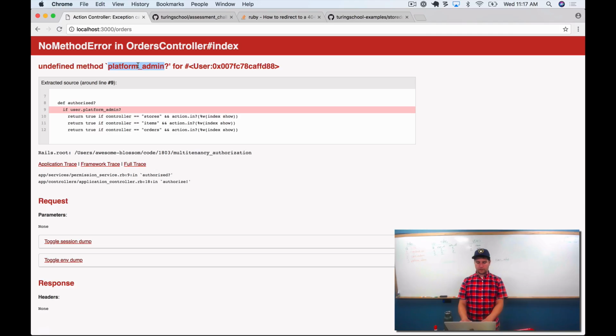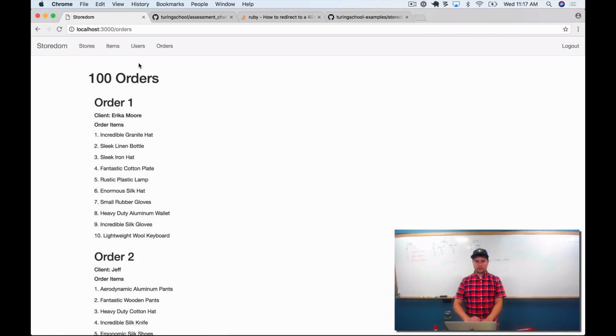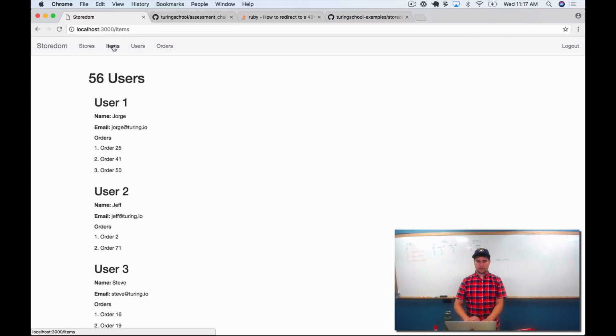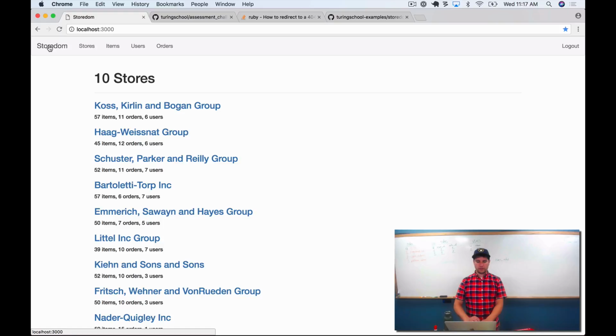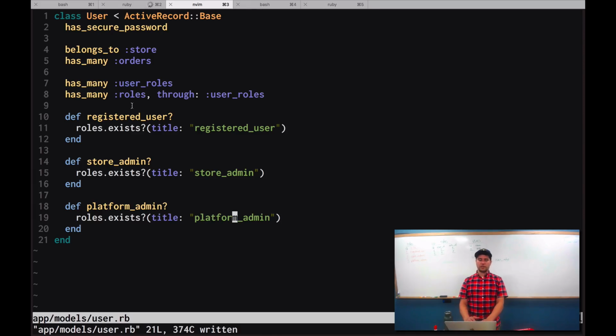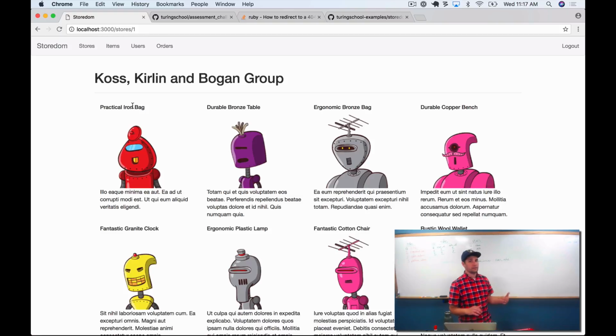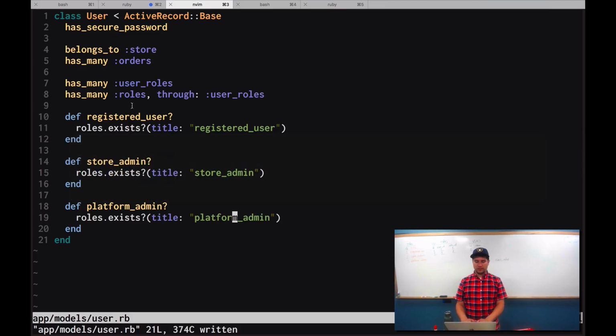And there we go. Let's see if this works. Awesome. Can I see orders? I can see orders. Can I see users? I can. I'm doing all of the things now as a platform admin. And you'll also notice that I never deleted the role from store admin, so I actually have multiple roles, so that's kind of cool. All right, let's talk a little bit